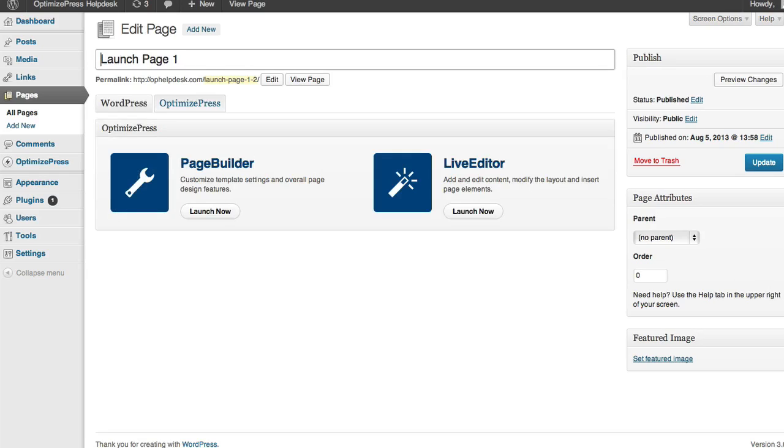I'm going to remove the duplicate tag, and I'm going to change this to be called page 2. And I'm just going to modify the permalink to be launch page 2 as well. You may actually want to change the permalinks or the URLs of your pages to be something a little bit more disguised so people can't find them very easily. So I'm going to click update,